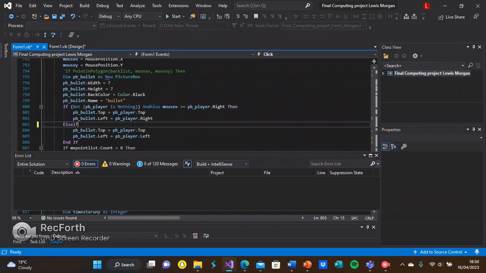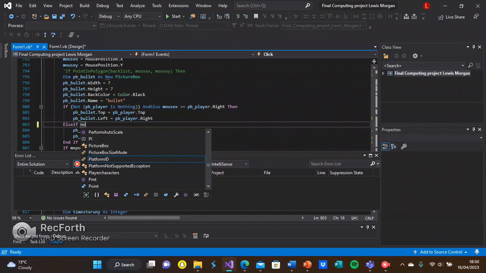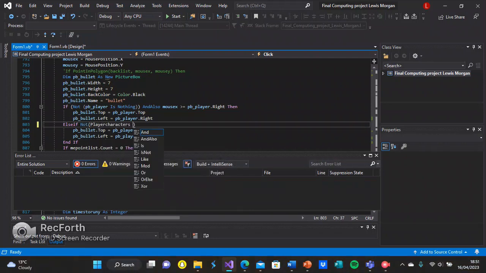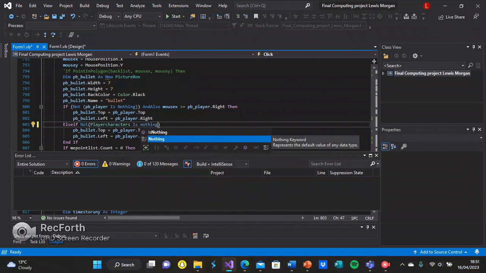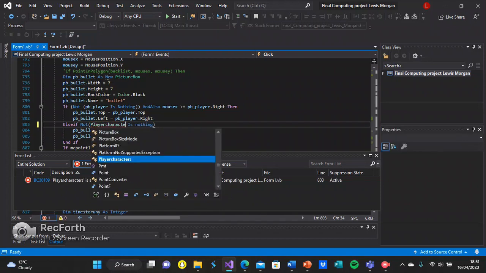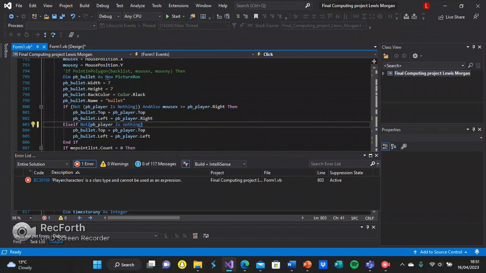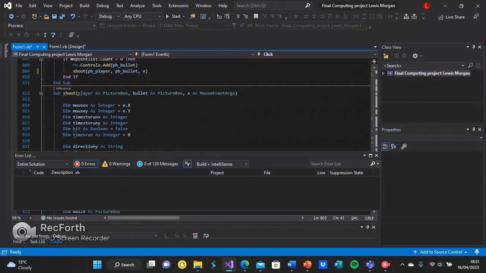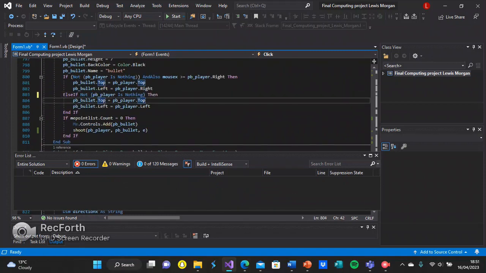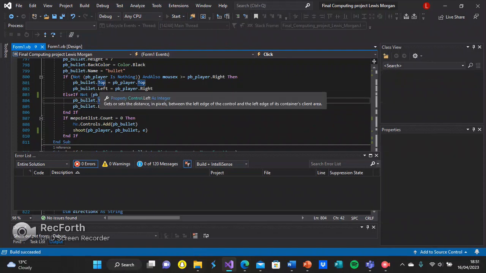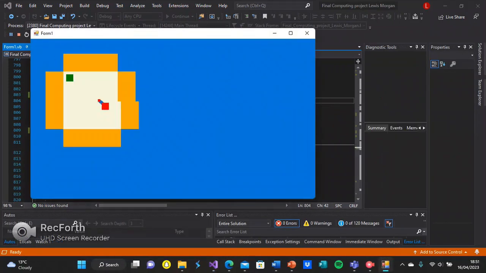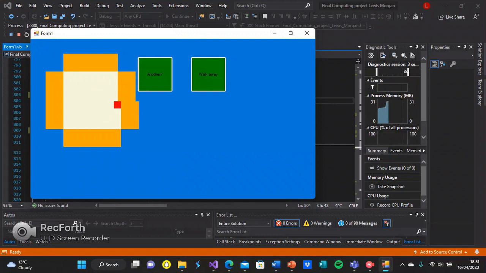This can be fixed simply with a "not player is nothing" check. So by adding this onto each of the movement, that won't work in all cases. I'd have to put that on each of the if statements relating to it. But now,